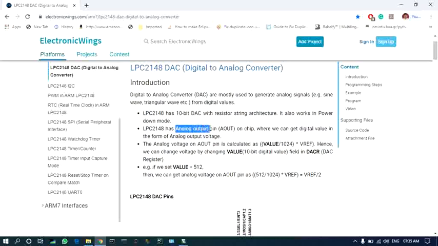The analog output can be received on this pin AOUT. The voltage corresponding to the input digital value can be calculated using this relationship, that is value divided by total number of levels times Vref. Vref is typically between 3 to 3.3 volts.